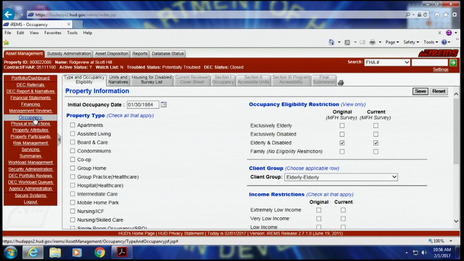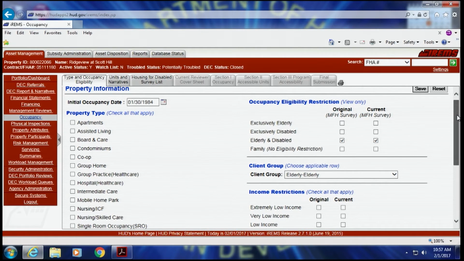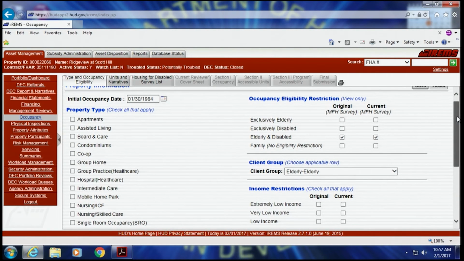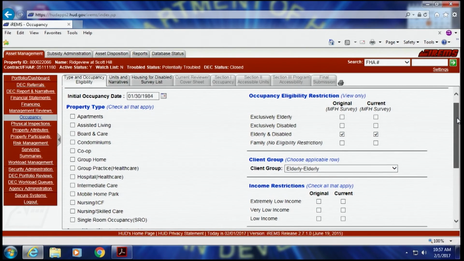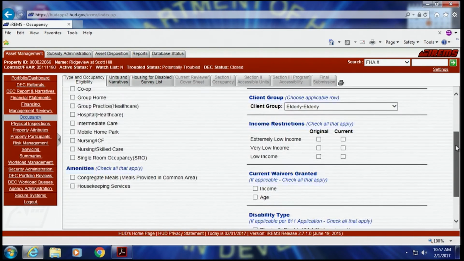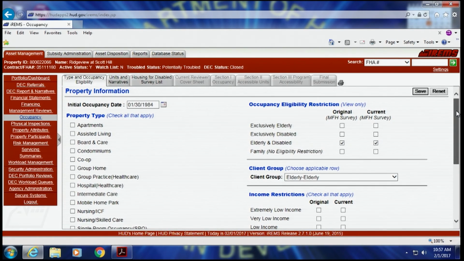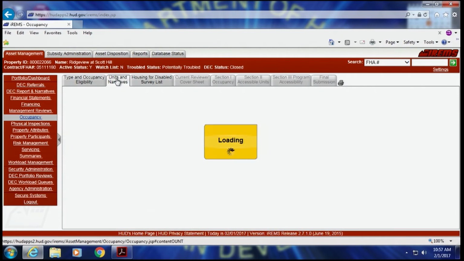We talked about the housing assistance payments contract. On this particular screen, you're going to put on the initial occupancy date. That's really important because it will typically align with a property that has subsidy, and the subsidy will align with the permission to occupy. So the initial occupancy date usually will be the permission to occupy date that's on your closing documents. Down here, you'll also look that you can see what kind of client group it is. That's really important for NPRD reporting. And you'll also be able to go over here and look at the units.